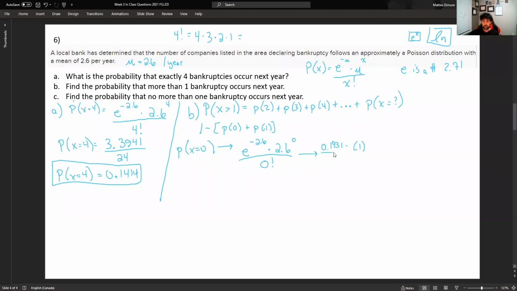This number times 1 divided by, now be careful here. Some of you might get a little scared because you might remember, well, you can't divide by 0, right? You can't take something and divide it into 0 groups. But be careful because this isn't 0. This is 0 factorial, okay? And by definition, if you type in 0 factorial on your calculator, you will get 1. So 0 factorial is actually defined as 1. It's not the purpose of this course to know why, but it's important that you realize that that's the case. So when you do this, you basically just get 0.1931.